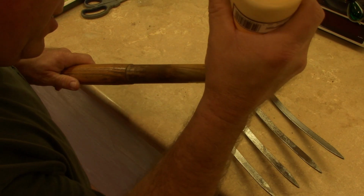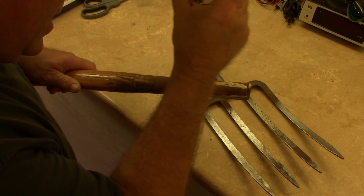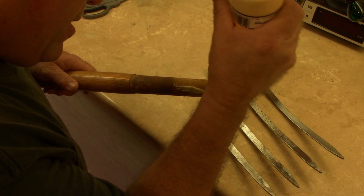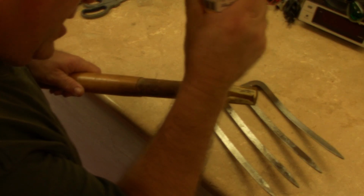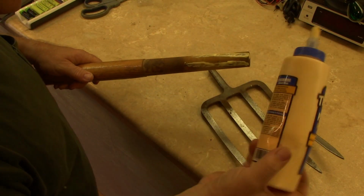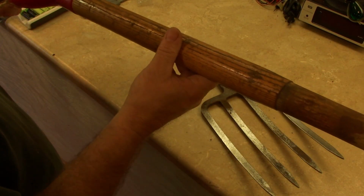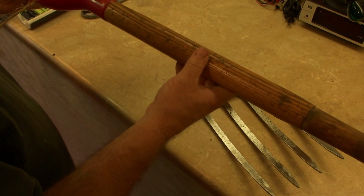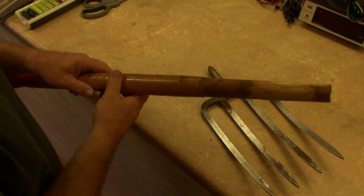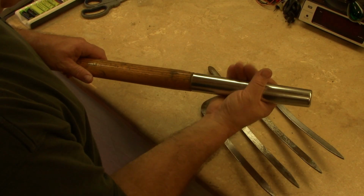It's actually split in 3 areas. Yeah, epoxy would work better, but I don't have any on hand at the moment. So this will work just fine and dandy. Handle looks to be the same on both ways. So slip the collar on there,